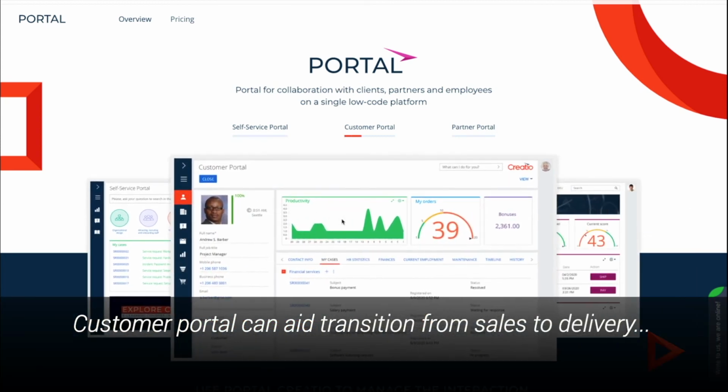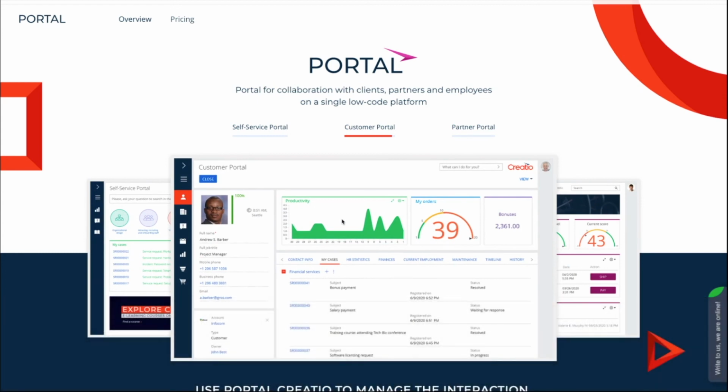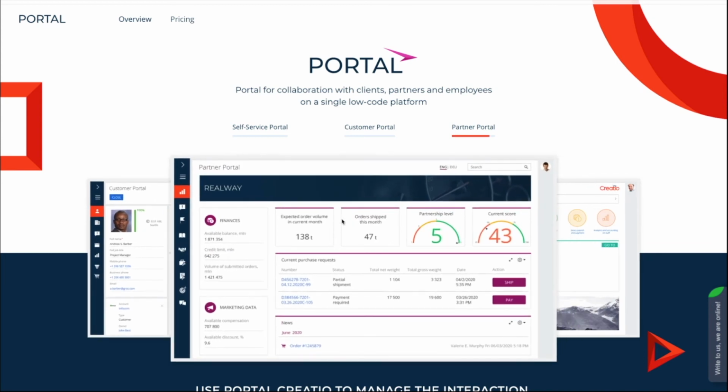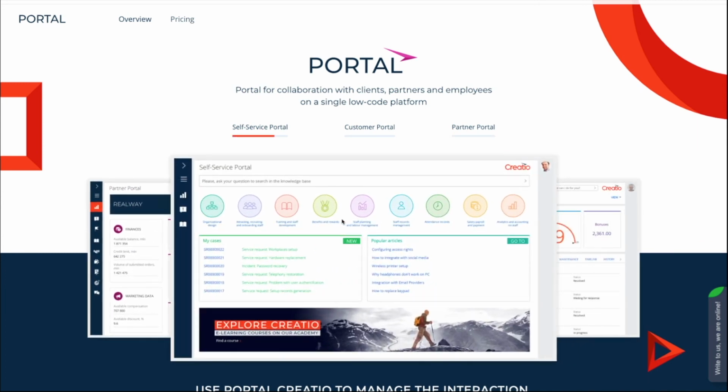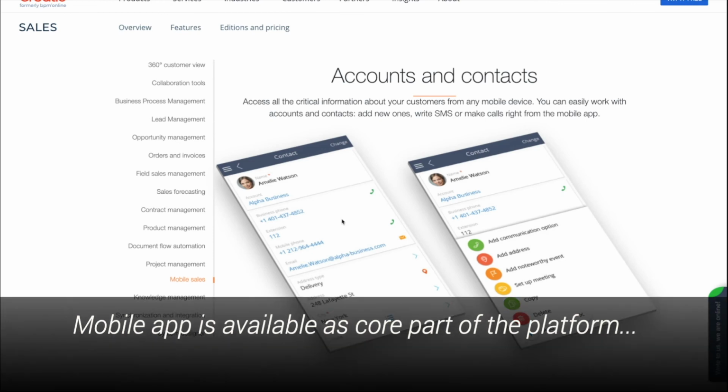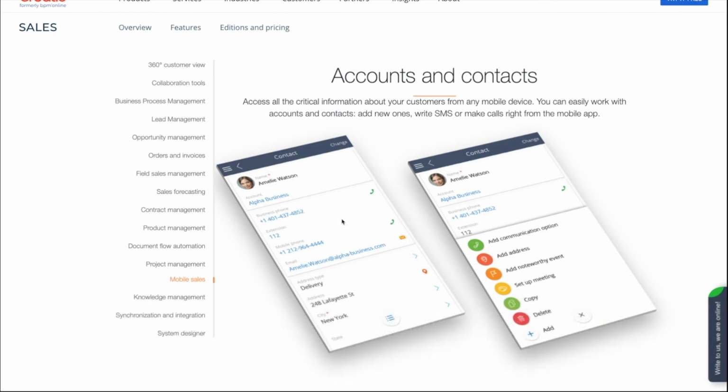The customer portal allows outside organizations to participate in activities such as project launch, which might be vitally important in some types of organizations, for onboarding a customer, for installation of a major complex project, for launch of a complex set of services. And to conclude, I would mention that the Creatio platform includes mobile apps for the Android and Apple platforms so that your teams can have all of the information from the system at their fingertips, wheresoever they might be, online and offline through the synchronization capabilities.